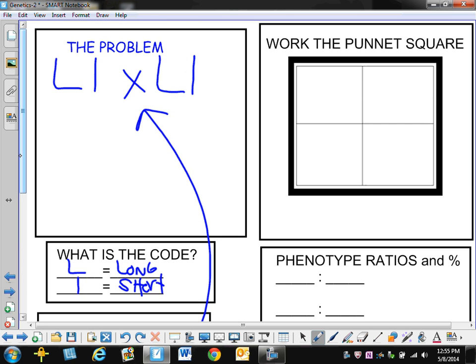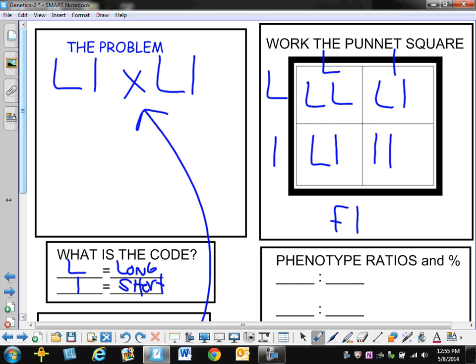So we've got big L, little L. We have big L, little L. So we have big L, big L, big L, little L, big L, little L, little L, little L. Here's what I want you to write now. Underneath this, put